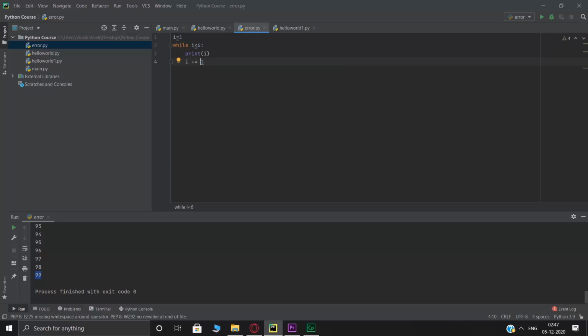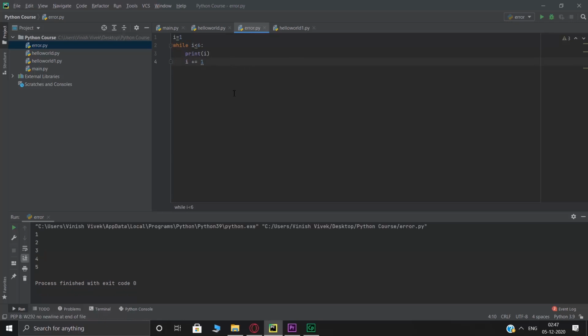What this will do is print 1 for the value of i, and keep increasing it while it is less than 6. Control Shift F10, and there you go. It printed till 5 and then it stopped. So this was a while statement.